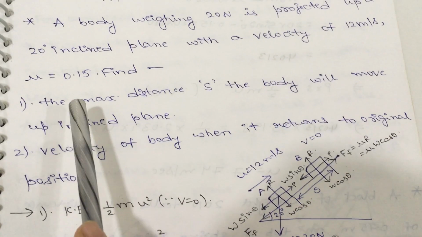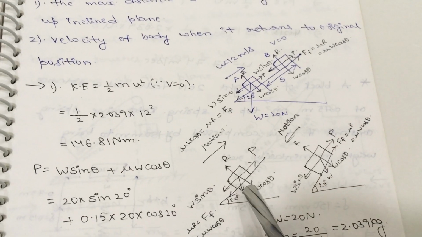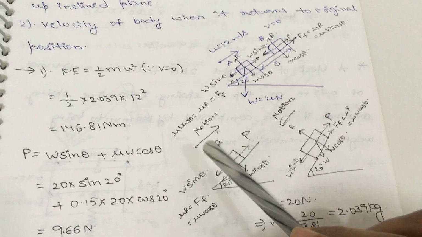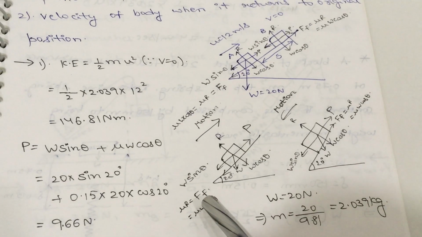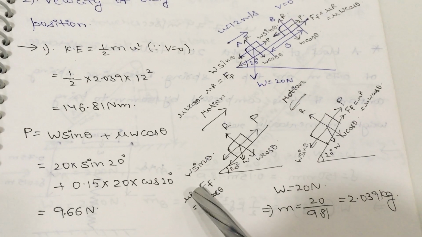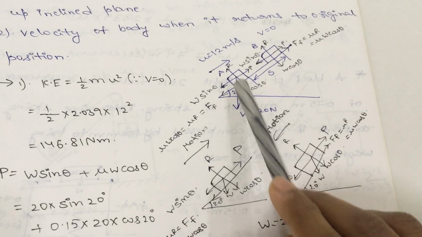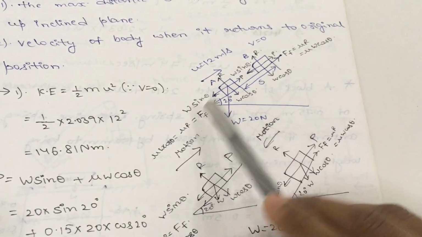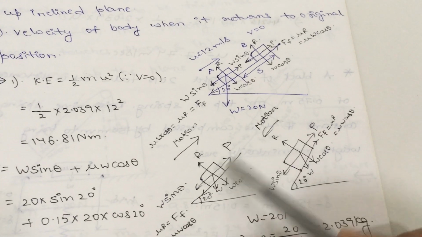For this body, in the first bit the body is moving in the upward direction, so we need to draw the free body diagram for this body moving upward. Motion and frictional resistance force always oppose each other, so you will get the frictional resistance force FF in the downward direction. And weight is acting in the downward direction, exactly vertical to the horizontal plane. But the body is on the inclined plane, so this weight will be an inclined force for this body.